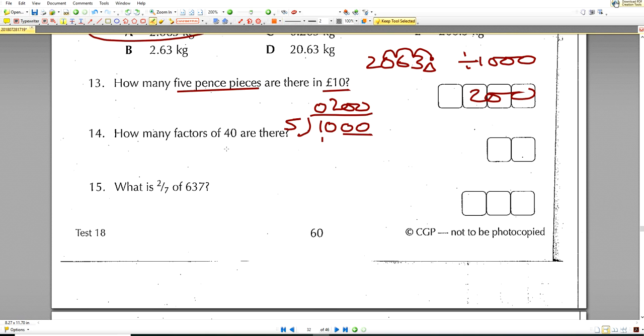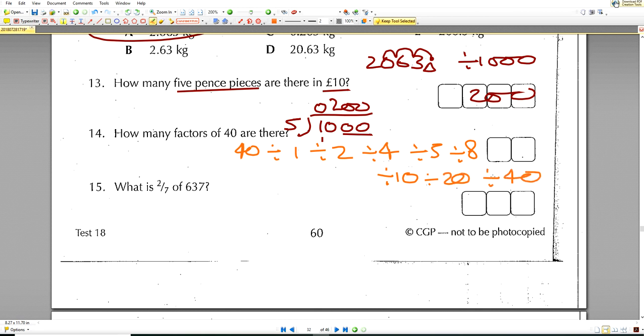Right, next question. How many factors of 40 are there? So 40, that will divide by 1. It will divide by 2. It won't divide by 3. It will divide by 4. It will divide by 5. And it will divide by 8. Okay, now what else? 9, 10. Yeah, it'll divide by 10 as well. Okay, it won't divide by 11, 12, 13, 14, or 15, 16, 17, 18, 19. It'll divide by 20. And last but not least, it'll divide by itself. So question number 14, if you add them all up, we have 1, 2, 3, 4, 5, 6, 7, 8